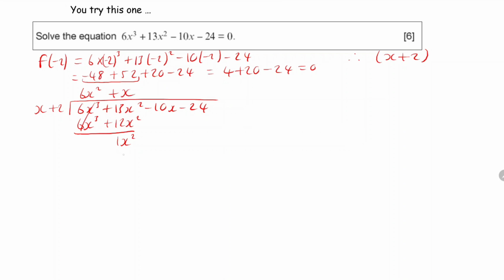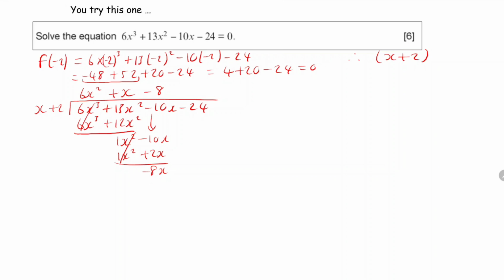Then multiply this by both of these. x times by x gives us 1x squared. x times by 2 is plus 2x. Lower the minus 10x down, and then subtract. They will cancel. Minus 10x plus 2x is minus 8x. Then we divide. What times x by to get minus 8x? That's going to be minus 8. Multiply the minus 8 by